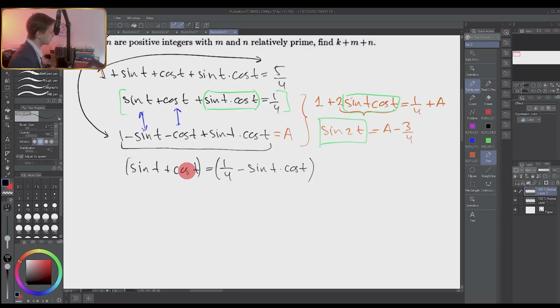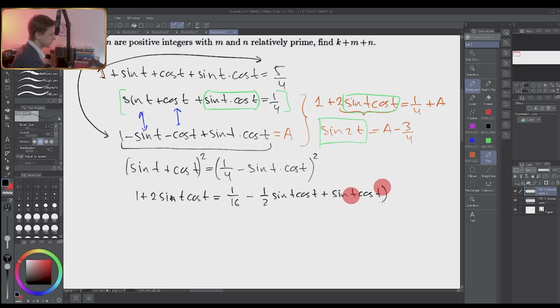Because when you have sine t plus cosine t and you square it, you have an amazing situation that the sum of squares will be 1 plus the double product. It's a very common thing. As soon as you see this expression, very often you just need to square it to simplify the situation. So let's square both sides, and on the left side we'll have 1 plus 2 sine t times cosine t, and on the right side we will have 1 over 16, the square of this one, minus the double product, which is 1 over 2 sine t times cosine t, plus the square of the last one, sine t